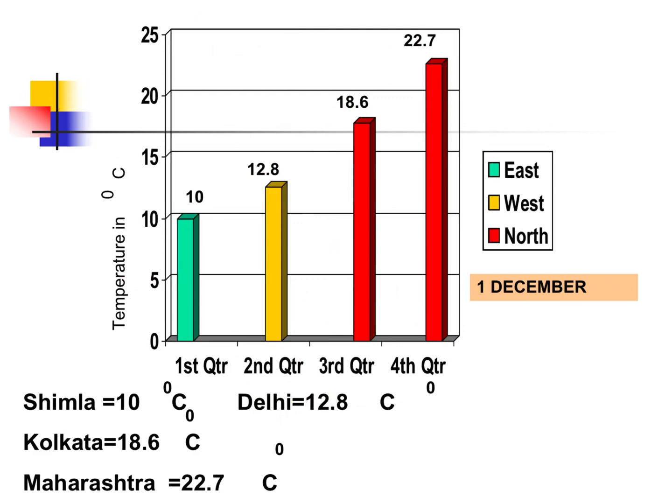Now come here children. This is the bar graph of 1st December 2000. Now children, after seeing this bar chart, give me the answers of these questions. Which city is the hottest on 1st of June? Which city is the coldest on 1st of December? What are the different temperatures of different cities on 1st of June and 1st of December? So what are the different temperatures you can easily find out from the bar graph? I'll show you.